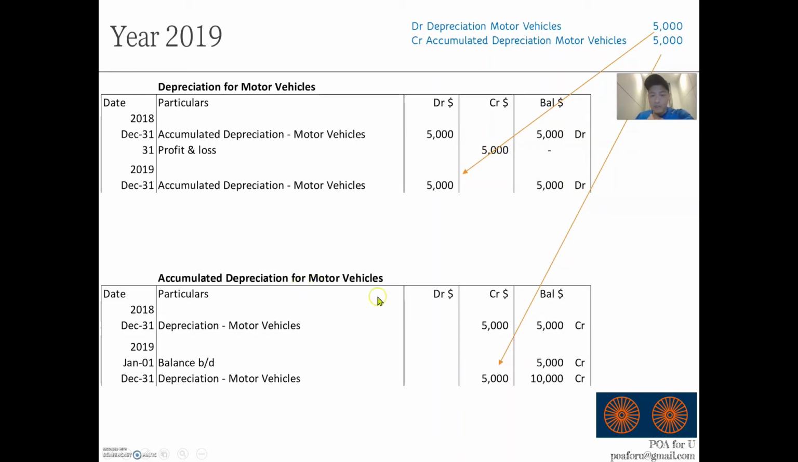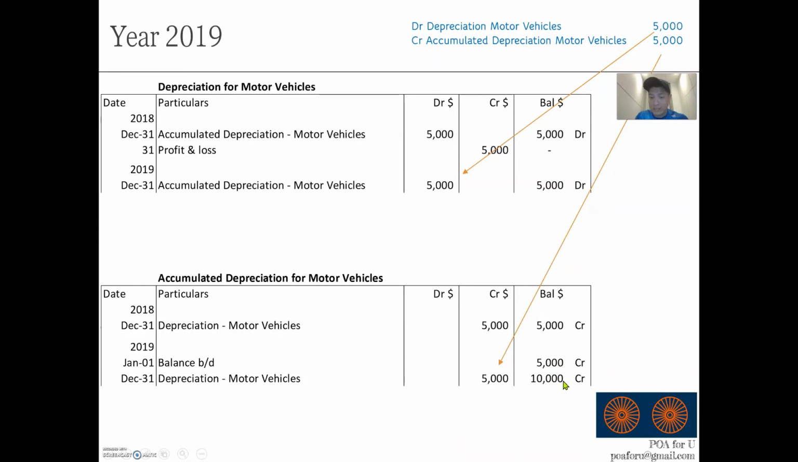But accumulated depreciation is a balance sheet account. So balance sheet account, whatever balance that is from last year will always be brought forward to next year as a beginning balance, and then will accumulate, right? This balance will be impacted by the current year's transactions, whether it's debit or credit. In this case, it's credit, and it will add up to the last year's balance,